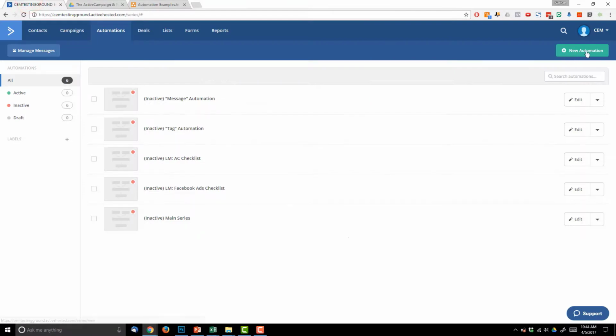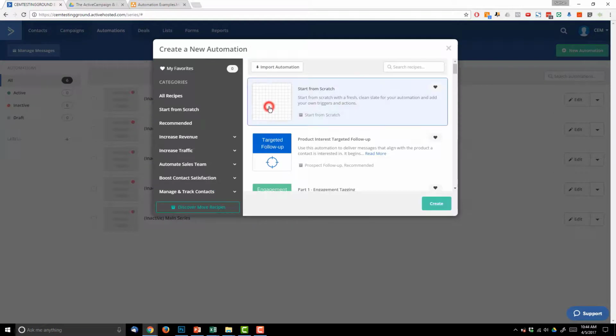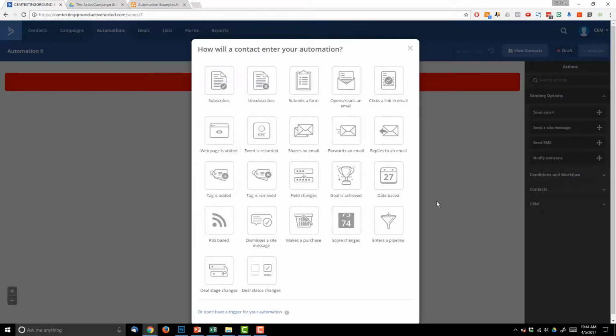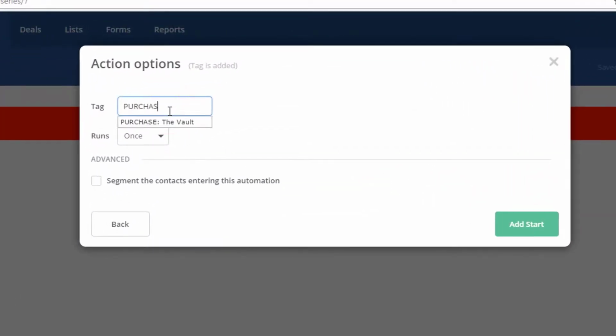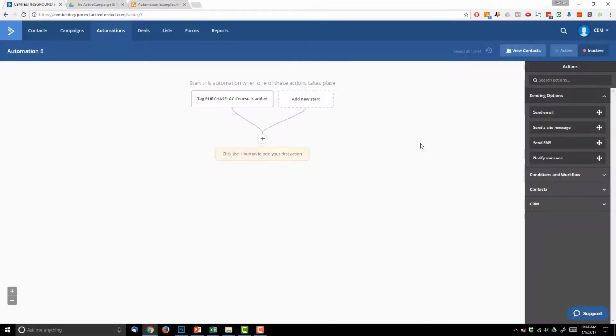So I'm going to go ahead and create a new automation. I'm going to start from scratch, create, and when a tag is added, purchase AC course. Hit add start. I'm going to change the name of my automation, purchase AC course. Hit save. First things first, I need to end that lead magnet delivery automation so that way they don't receive